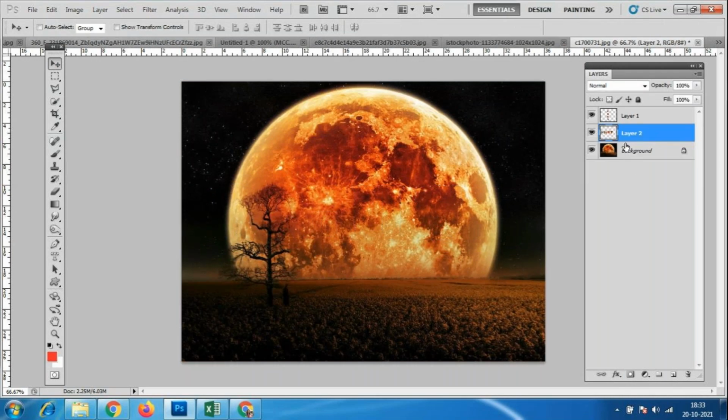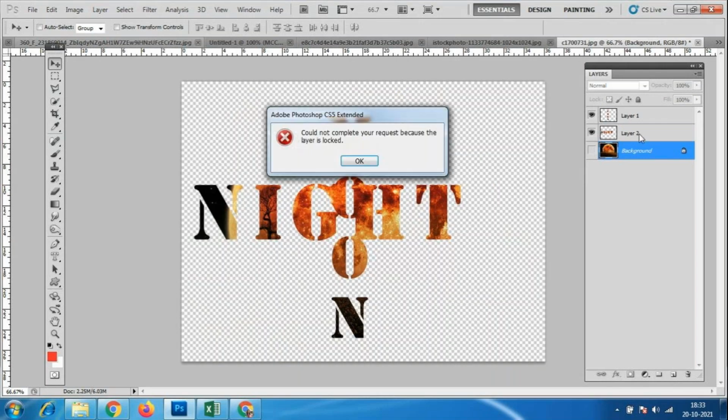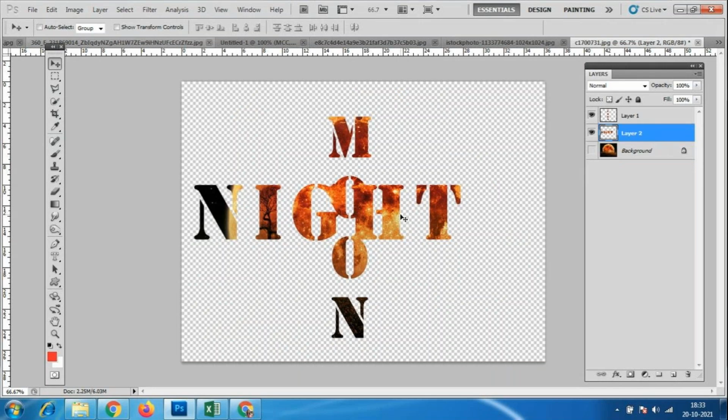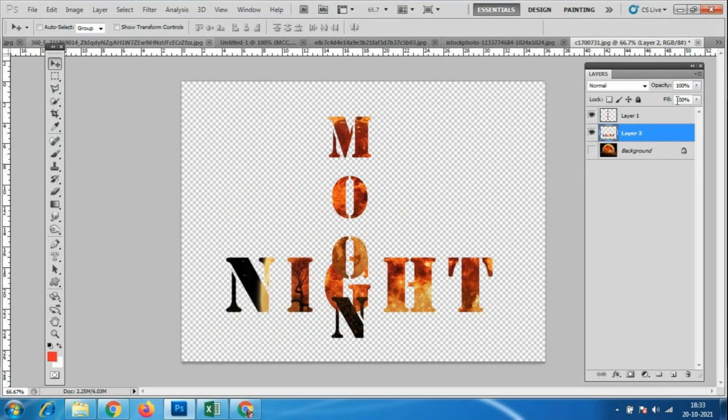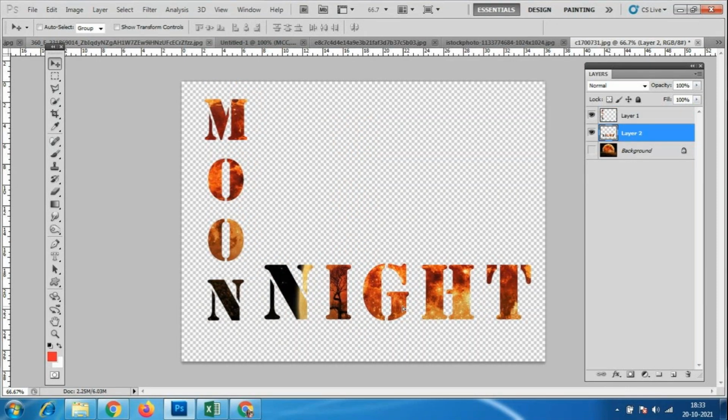So look at the text. We have two different texts. I'll select this layer 2 and layer 1. Layer 1 is here and layer 2 will be like this. For this you can add a different background.